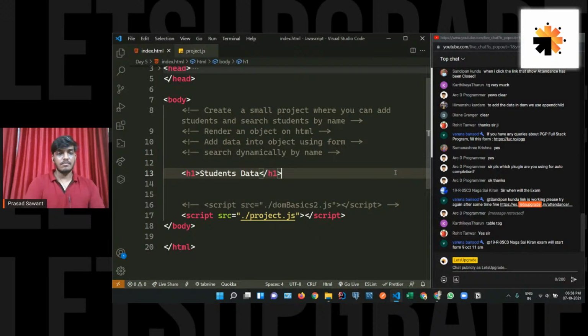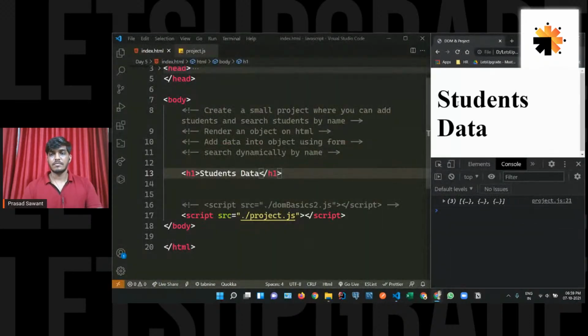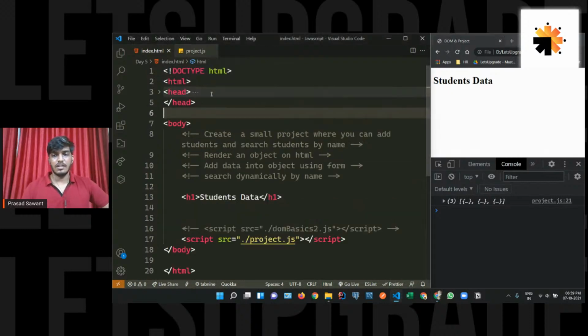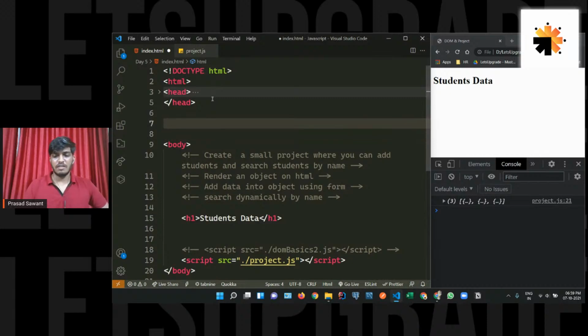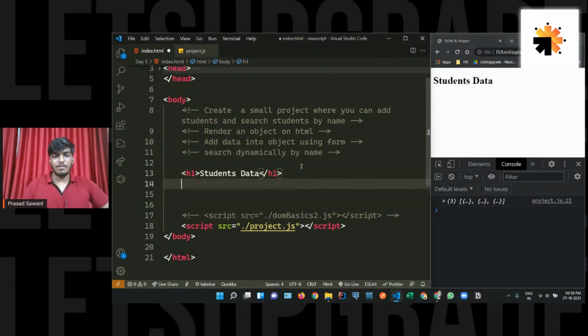Right. So now let's see what we have here. We have this element. I've zoomed in, so I'm going to reset it. Now we have the students data tag. For that, let's do some styling. Actually, not required. We are going to do the basics. I don't want to go into the HTML details. So now what you want to do is